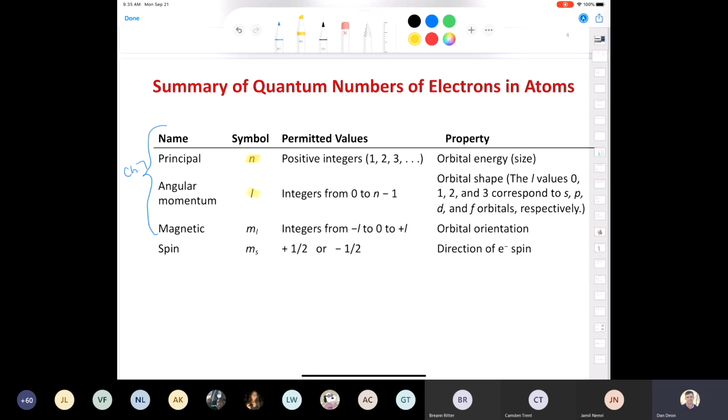I highly recommend that. Sometimes they call it the angular momentum quantum number. Sometimes it's called the azimuthal quantum number. I don't think our book uses that word. Anyhow, it goes from 0 all the way up to n-1, and it corresponds to S, P, D, and F. And what does that correspond to? It corresponds to the shape of the orbital. The next one is ML, which is the magnetic quantum number. That corresponds to the orbital orientation, and that can have values from minus L up to 0, up to plus L,